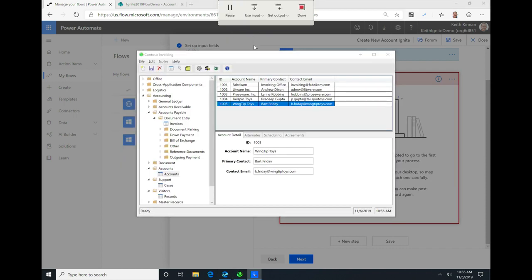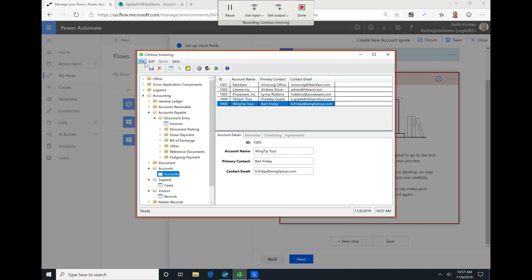Okay, I'm going to record, and notice as I hover over the Contoso Invoicing app, there's a red outline around the app, and also a light blue highlight as I hover over things. The red highlight indicates that this app is ready for recording. I'm going to go ahead and click on the title bar to activate the application,